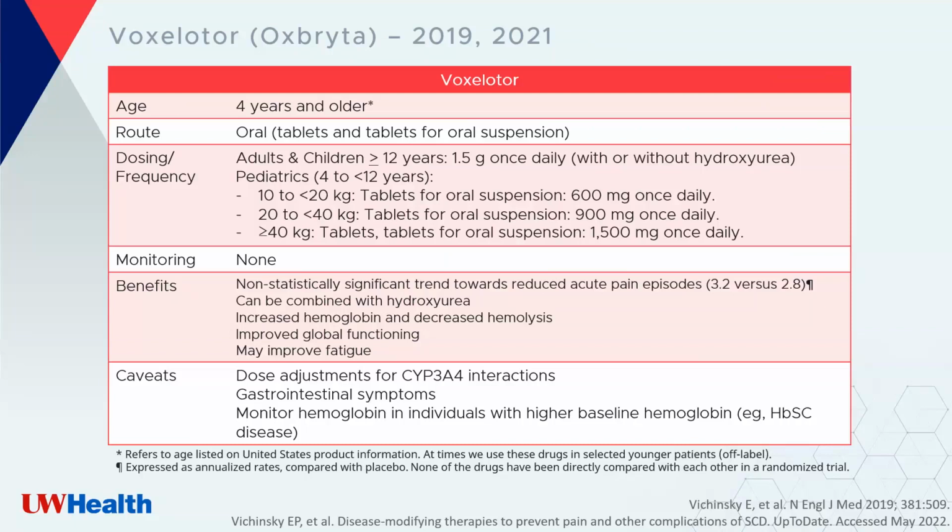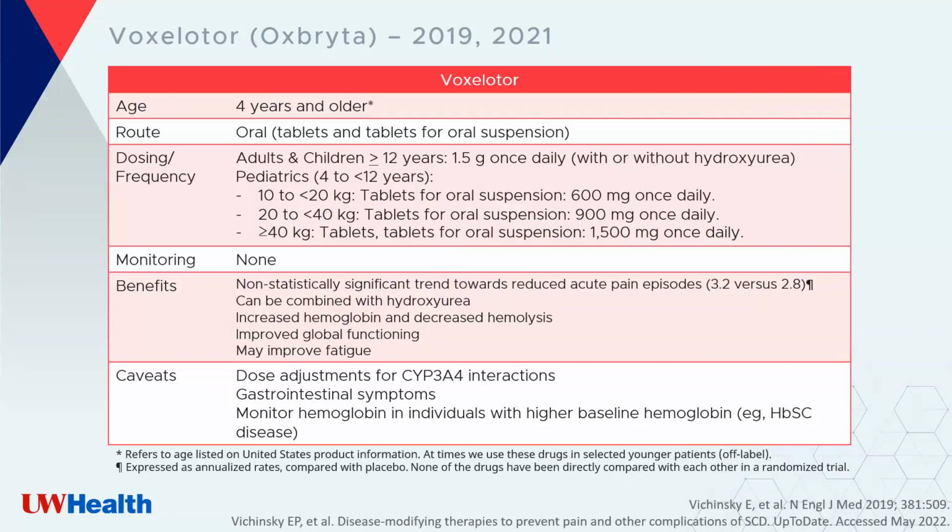And then for our pediatric patients between 4 and less than 12, you'll have either 600 milligram once daily, 900 milligram once daily, or 1.5 gram once daily, depending on your weight. Once again, similar to some of the other medications noted, lab monitoring is minimal in comparison to hydroxyurea, although you do have to monitor for dose adjustments and considerations for CYP interactions that you might